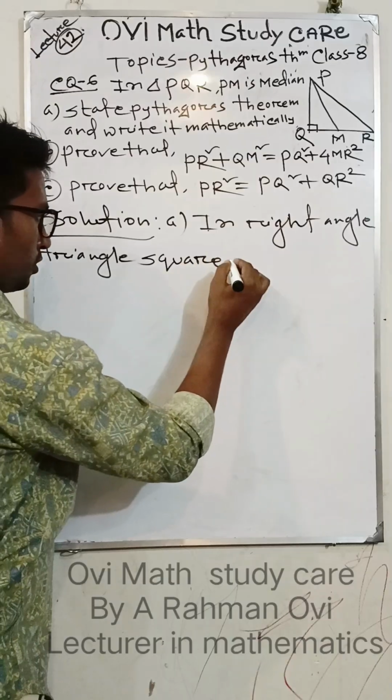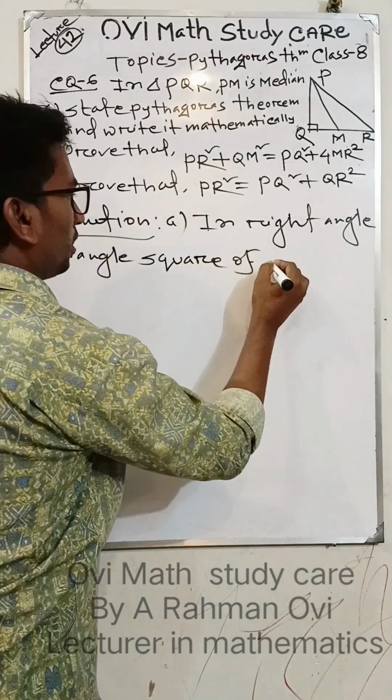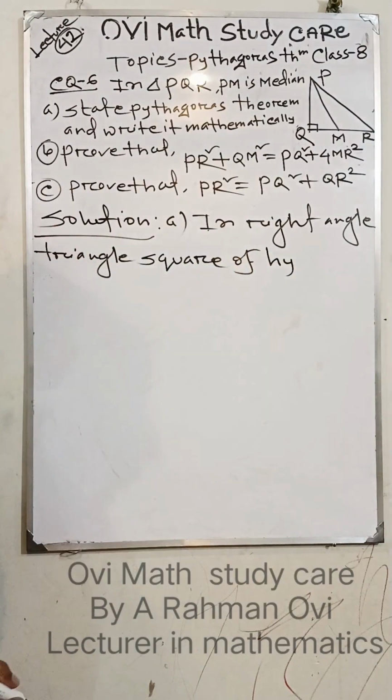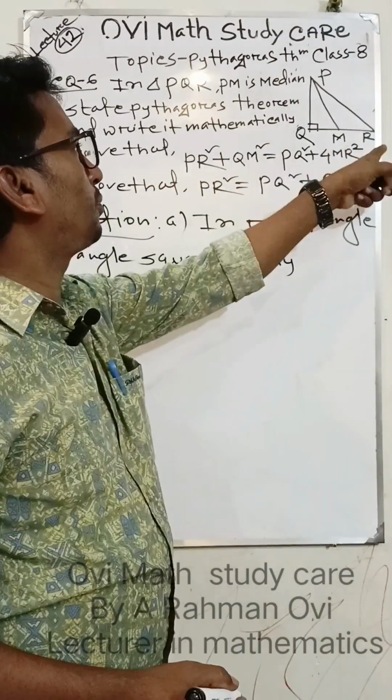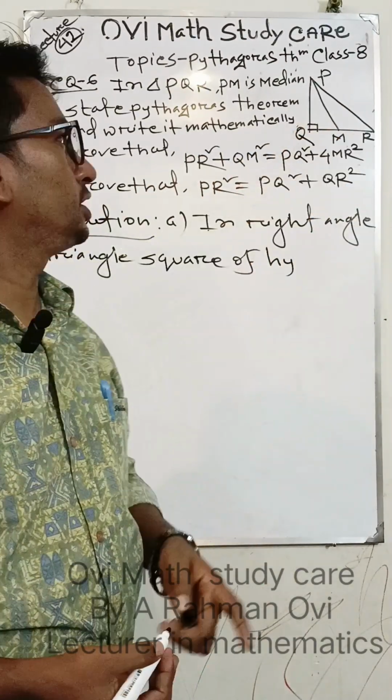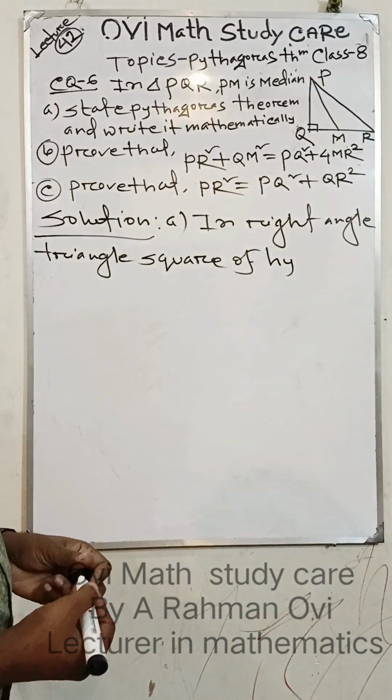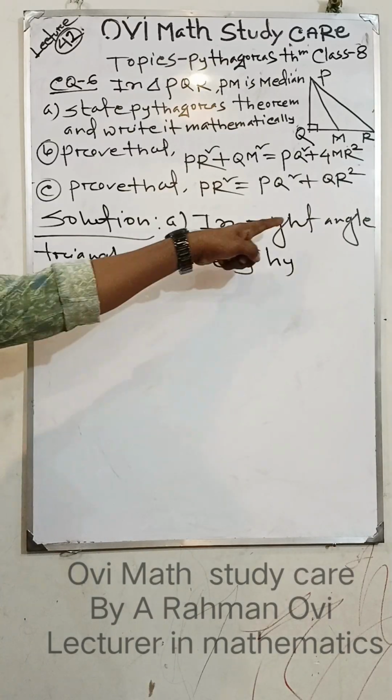Here, which is the hypotenuse? The opposite side of the right angle is called hypotenuse. In a right angle triangle,